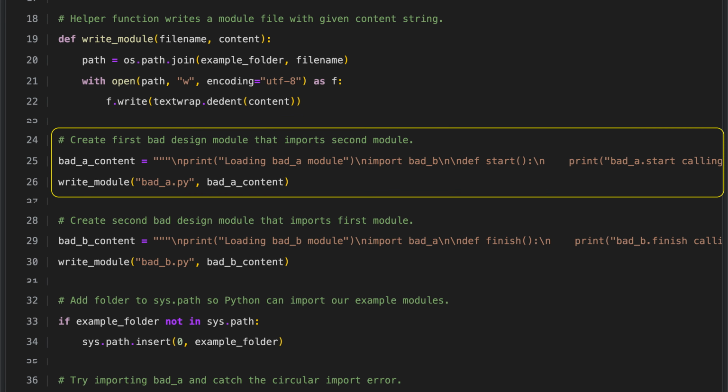We create a module called bad.a that announces when it is loaded, then imports another module named bad.b. Inside bad.a, we define a start function that prints a message saying it is about to call the finish function from bad.b, and then actually calls that finish function. Finally, we save this code into a file named bad_a.py so that the module behaves this way when it is